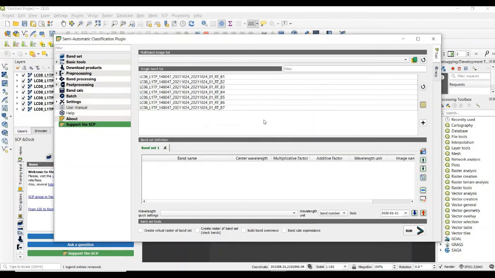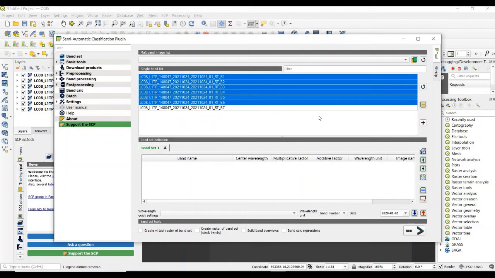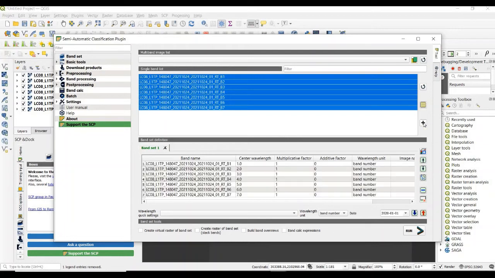Yes. After that, select all these bands and add to band composite. Make sure band number and central wavelength are the same, as band 7 and center wavelength is 7.